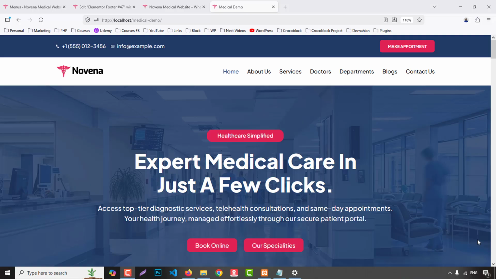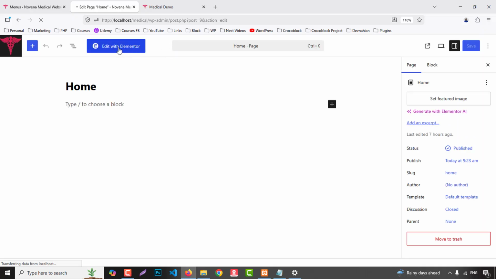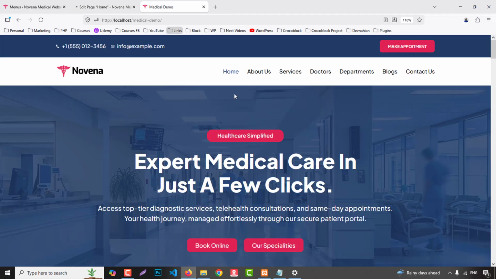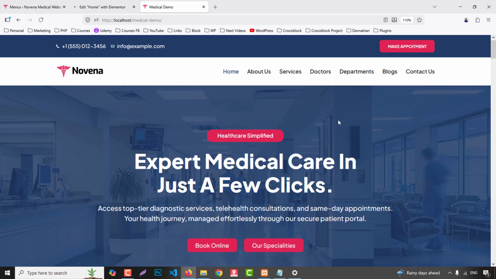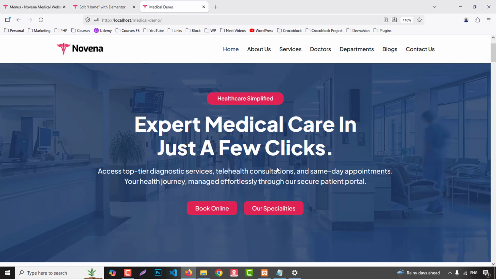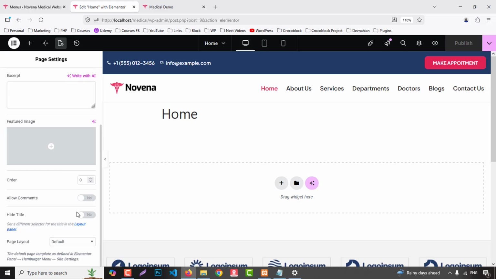So now we start our home page. Already we made our home page, so just from here click on edit page, then edit this page with Elementor. Okay, so we have the first section, which is our hero section, like this: background image, overlay, subheading, heading, and description, and two buttons. From page settings we can change the page layout to Elementor full width,